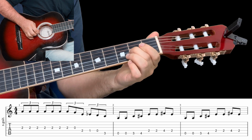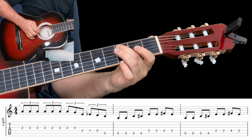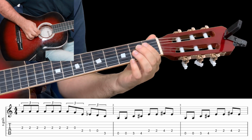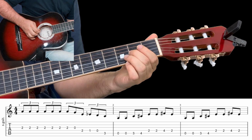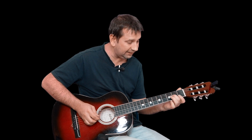So you've got 2 0 on the G, 2 1 0 on the D, and then 3 here on the A. So now try and think of that dinosaur. It's silly, but it really helps. Dinosaur, dinosaur, dinosaur, dinosaur. Now, what I did at the beginning of this tune is I slid into that second